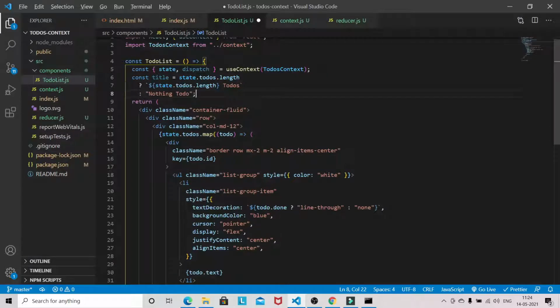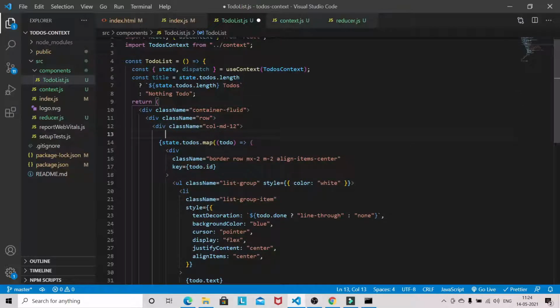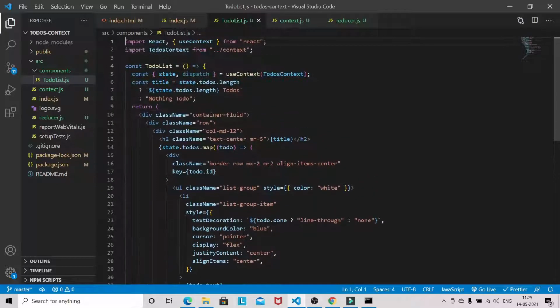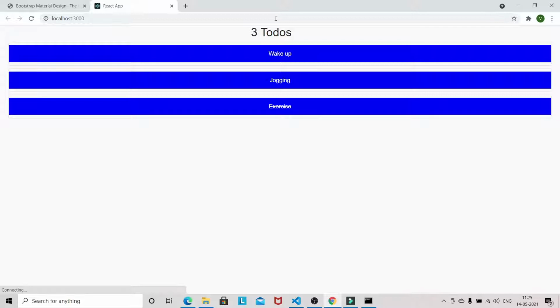Okay, now this title we need here. So I will give h2 of class name text-center and margin at 5, and title. Okay, so you can see we are getting there slowly.